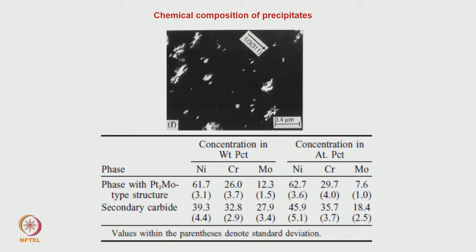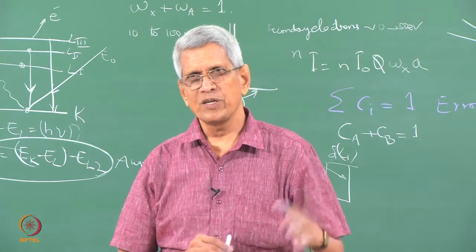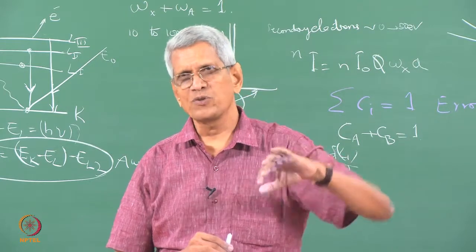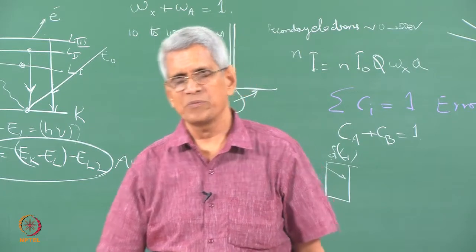This is an example where using a stationary beam in a transmission electron microscope, the composition has been determined from these precipitates, which are very small, about 0.1 micron in size, and we could accurately determine the composition. Here we have used, as I mentioned earlier, the composition determined from EPMA and other sources independently, and in a single phase. That is how this analysis has been performed.